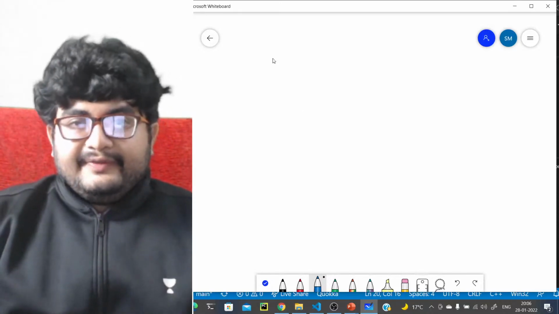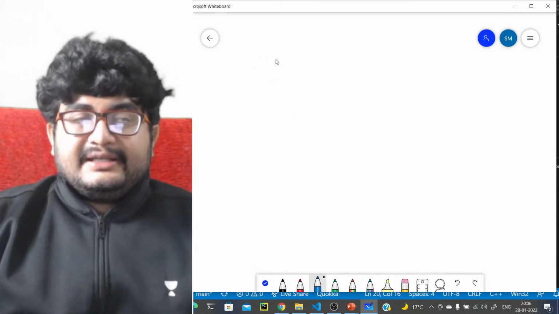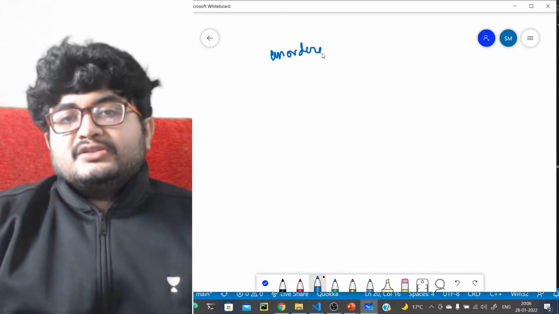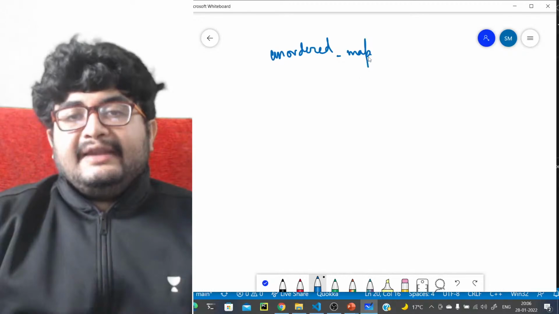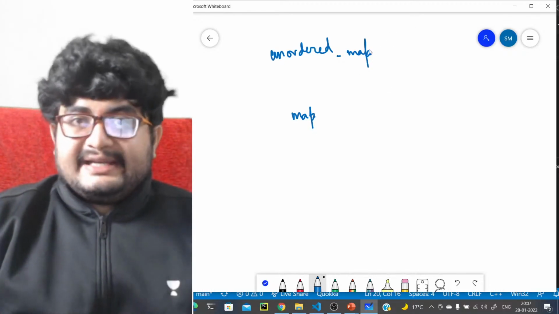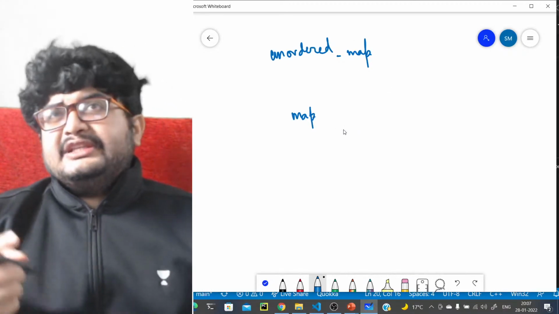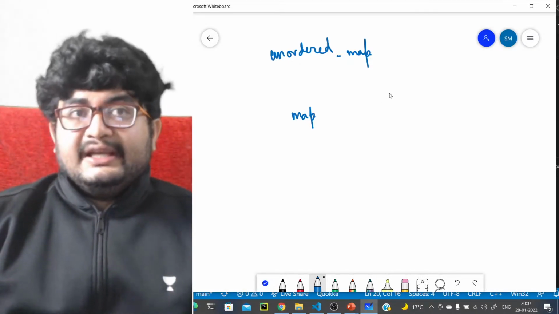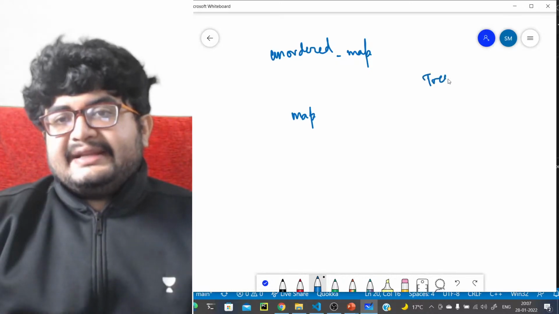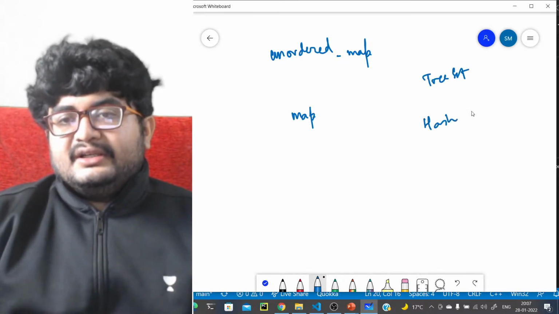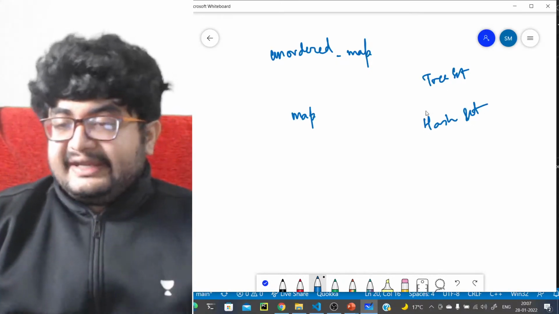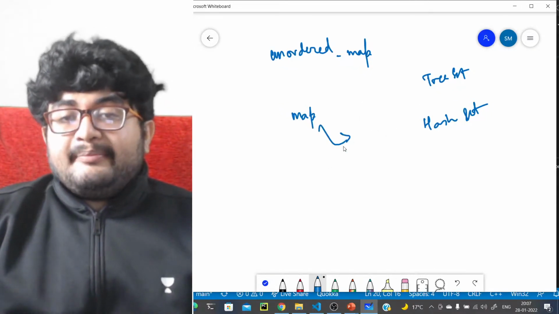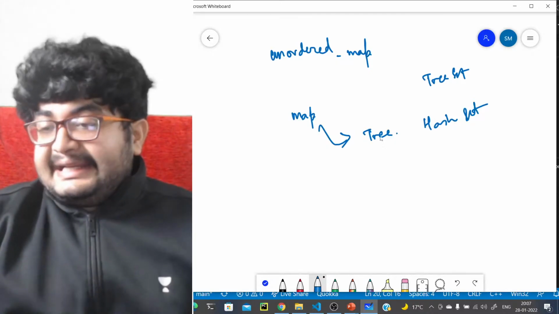Whenever we come across a data structure, like a set or a map, we will get a corresponding version: we'll get unordered map and a map, or an unordered set and a set, right? Similar to this, I think we get the same thing in Java as well. We get tree set and hash set, right? So we'll get the two variants. Why do we have two variants? Because the second implementation is a tree.